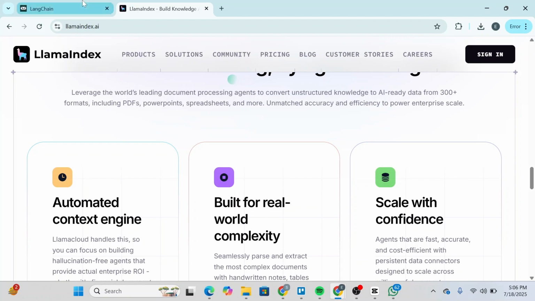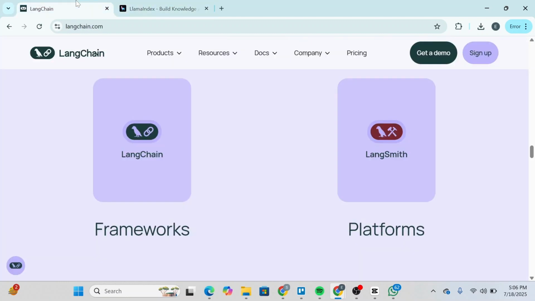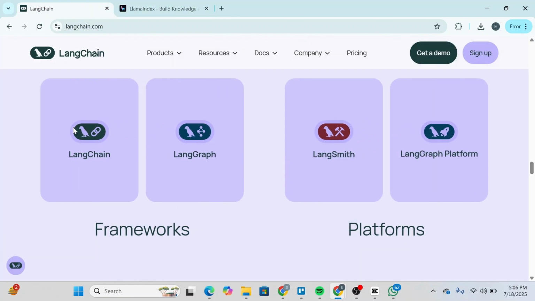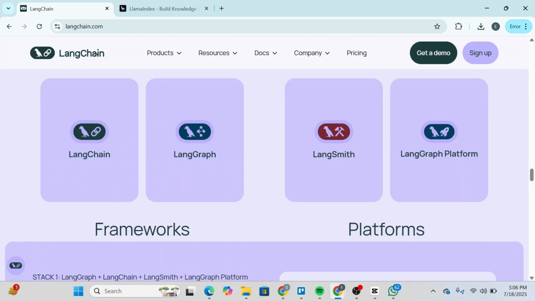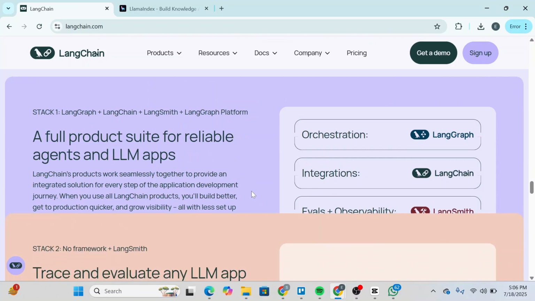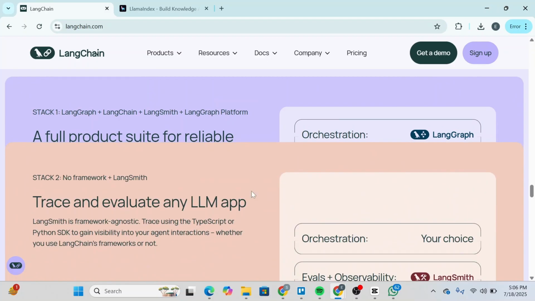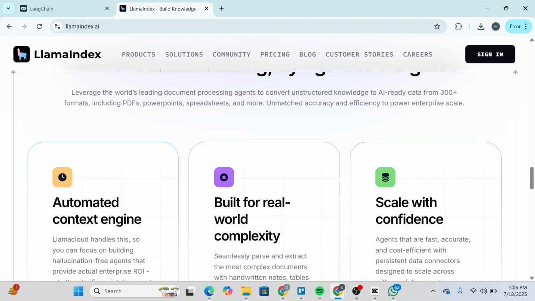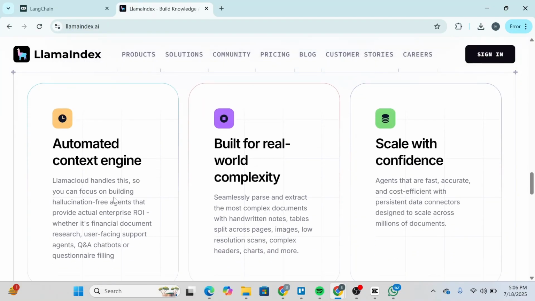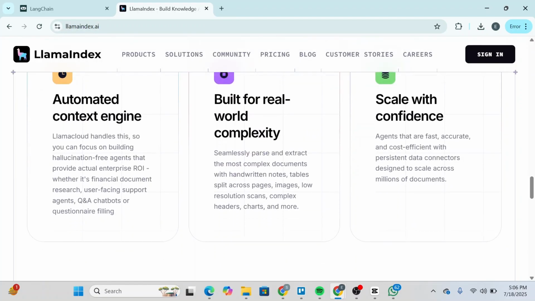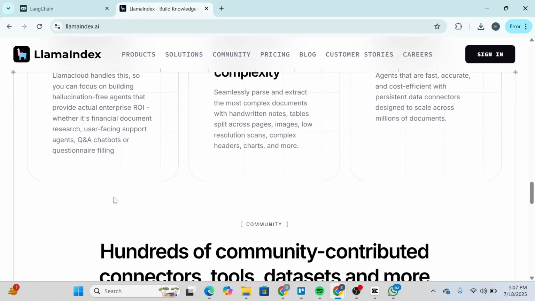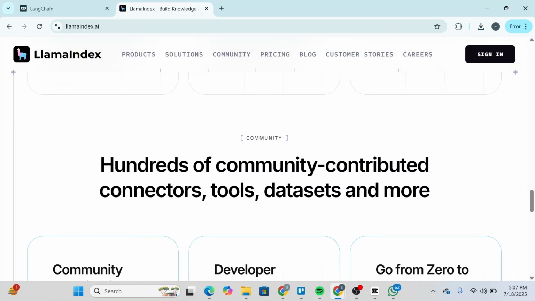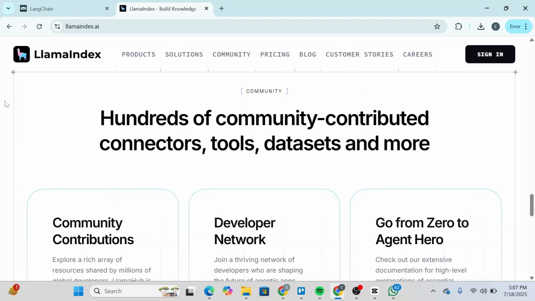When it comes to scaling, both tools are enterprise-ready. LangChain now includes LangSmith, a monitoring and debugging suite that's ideal for teams building complex agent workflows. It's geared towards production environments and offers strong logging and observability. LlamaIndex isn't far behind. In 2025, it rolled out new enterprise grade features like fine tuning integration, better tracing, and cloud native deployment support. Many small teams on G2 mentioned that LlamaIndex ends up being more cost efficient when your focus is just on building RAG systems.